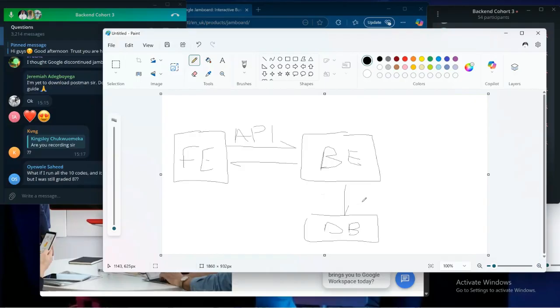I want to put it in the fridge for a particular customer, or whatever it is that the person requests for. And then the database is going to send whatever they ask for. So the database sends it to the backend. The backend processes it and then sends it to the front end. And the person who does this, or will I call it the waiter, is referred to as the API on